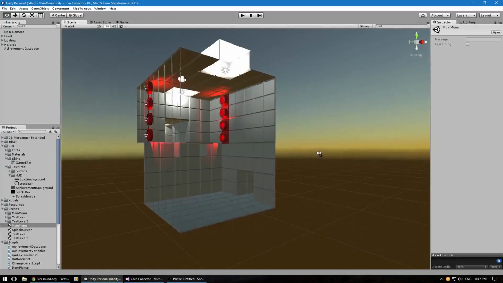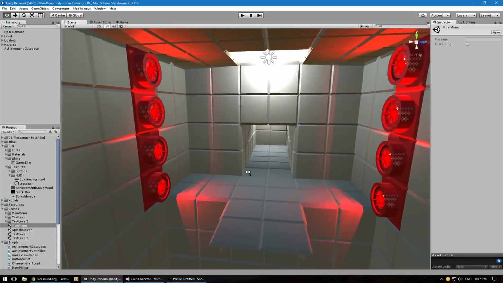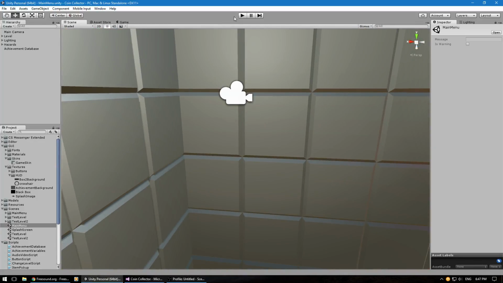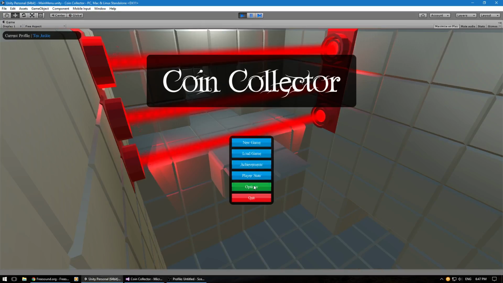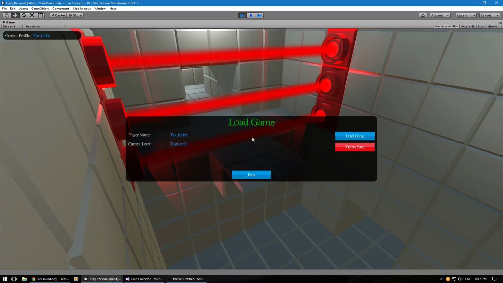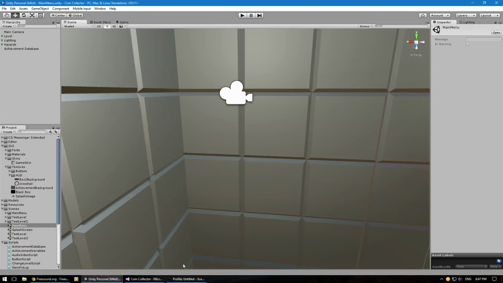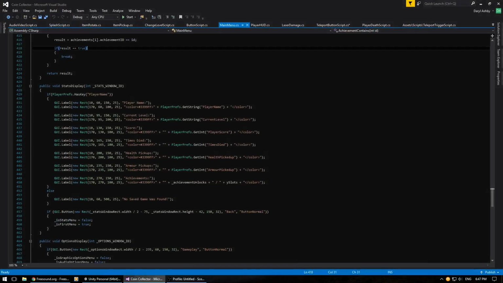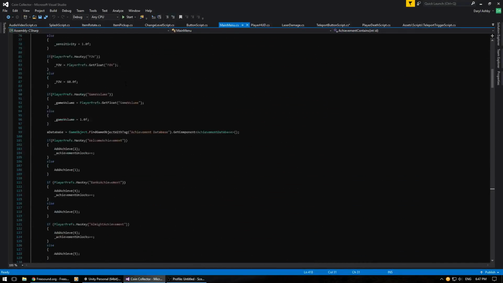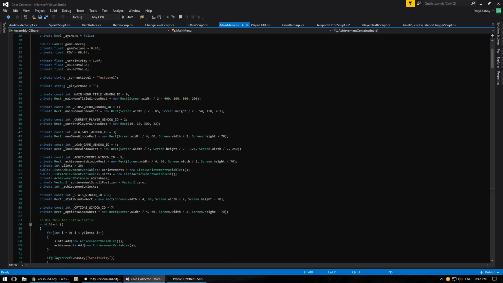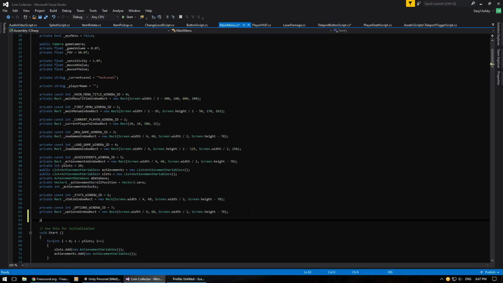On our main menu, we're going to be adding sounds to the actual menu. So if we go in here, there'll be sounds on these buttons, so you'll be able to hear something when you push a button. Now what I need to do is, in our main menu script, scroll all the way up to the top, and just have a public audio clip button